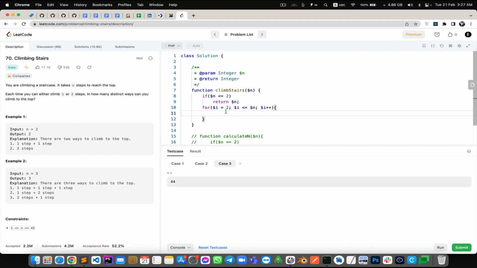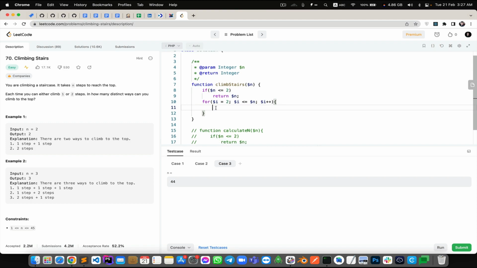So we can say, for example, if i is equal to 3, it will be the total number, which we need to define here,